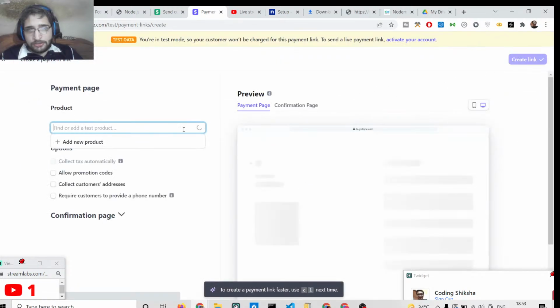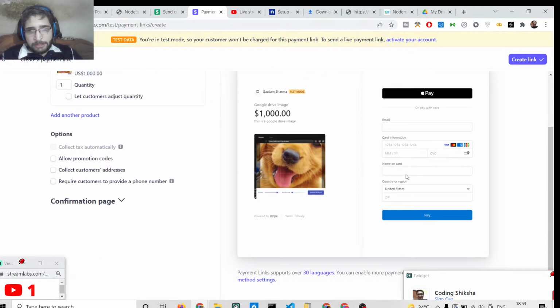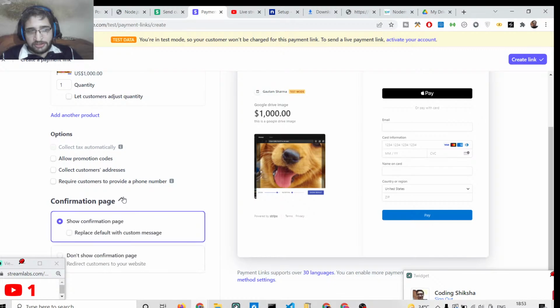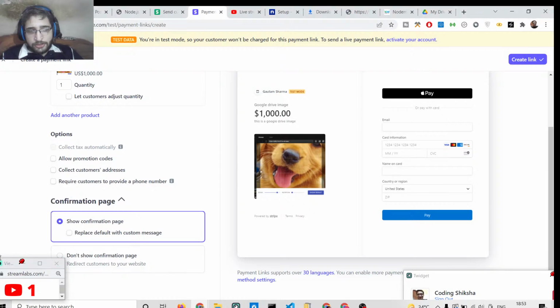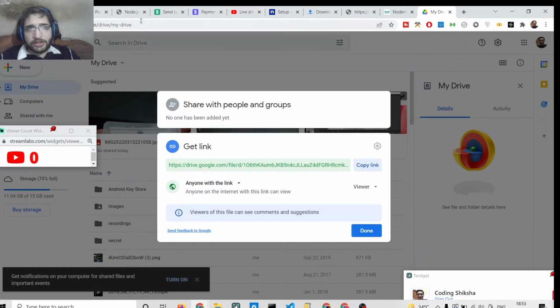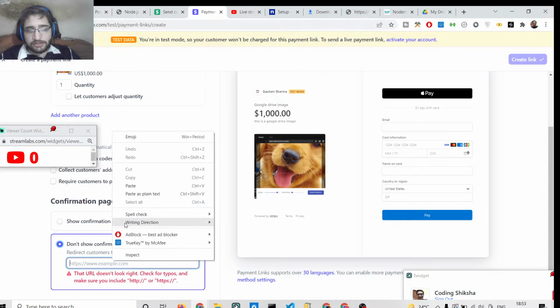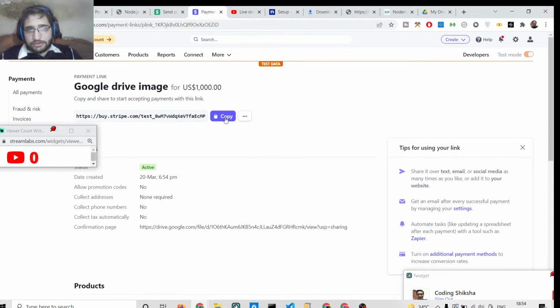Simply click on new, and you can select this product. So this will be the payment page, which will look like this. You can customize this. So basically you can redirect the user. So when they have paid, you can just redirect the user to the URL of the file which needs to be downloaded. You can do this like this, simply paste the URL. So if you just click create link, it will create the link for you. So this is the brand new link. If you go to this link here, if you open this link here,